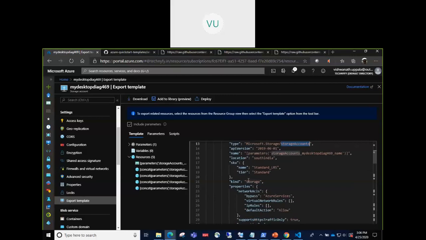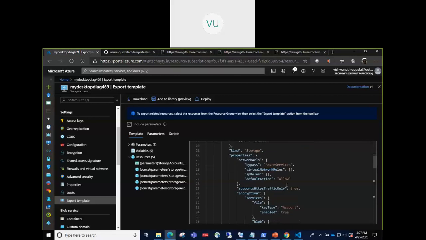Then these are the different configurations or parameters you need to provide to create the storage account. The location is pretty straightforward. The kind of SKU: you can create a standard storage account or a premium storage account. The standard ones use HDD. The premium will use SSD, the costlier ones for higher performance.